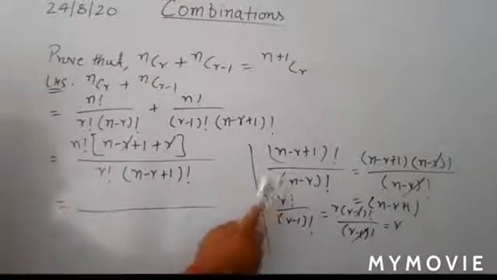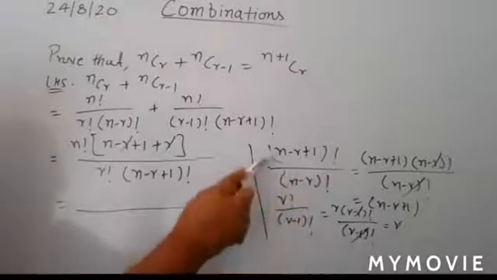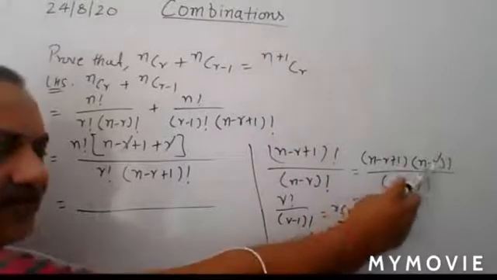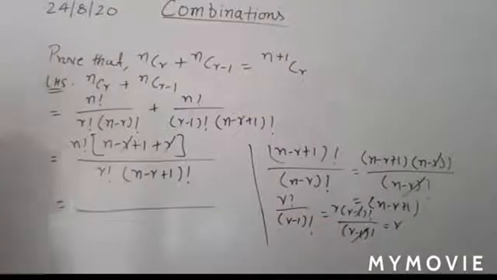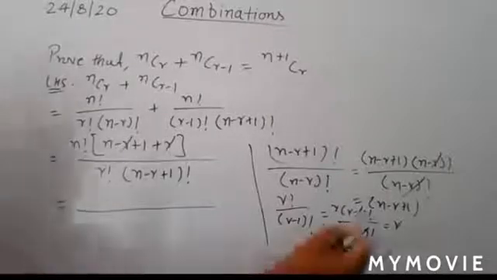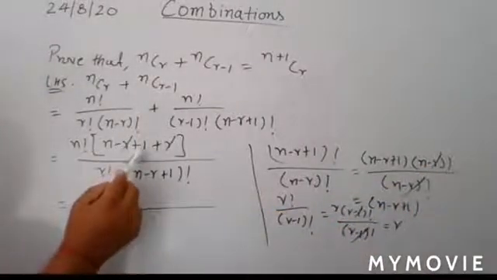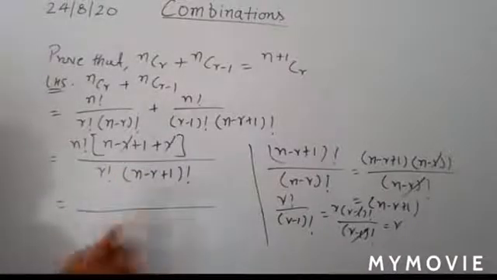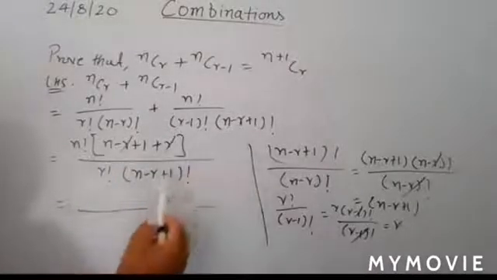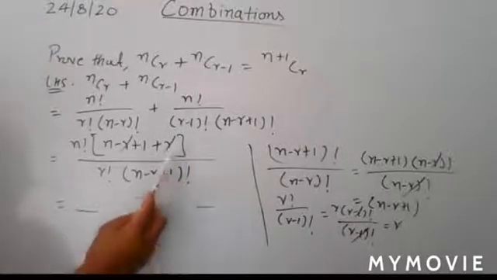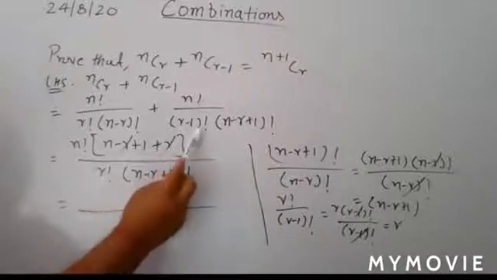Okay, here you just see on screen. This part is greater, so you expand it. n minus r plus 1, and here you have n minus r, which is the same as the denominator, so you write it as factorial. So this cancels out, and you have n minus r plus 1, so you write here n minus r plus 1. Understand? Now you come to the second fraction. If you divide by this, n minus r plus 1 factorial cancels out, and here you have r factorial divided by (r minus 1) factorial.